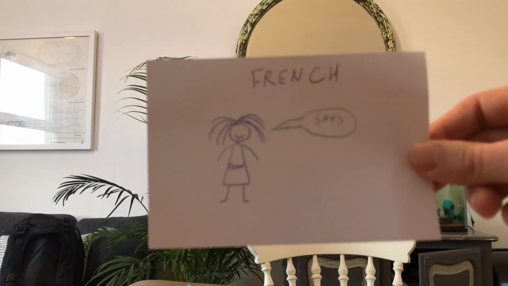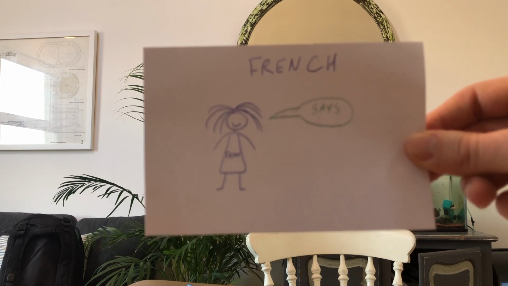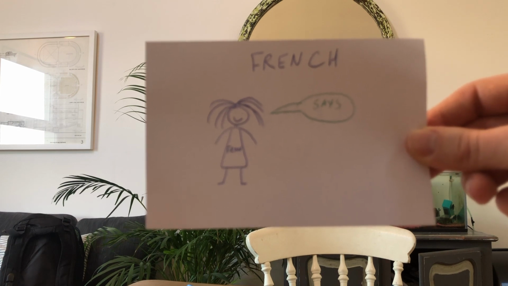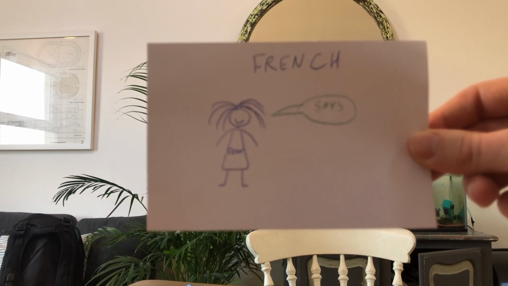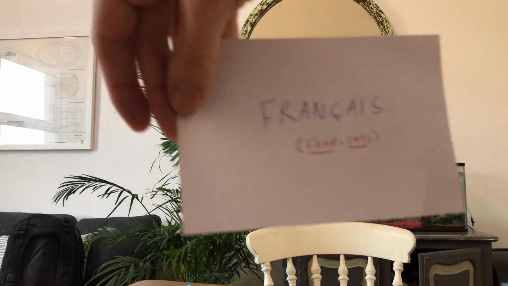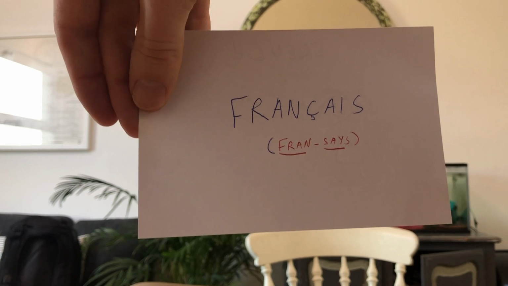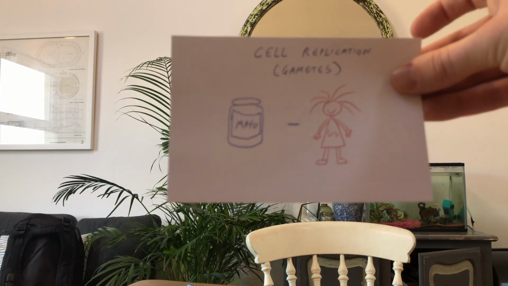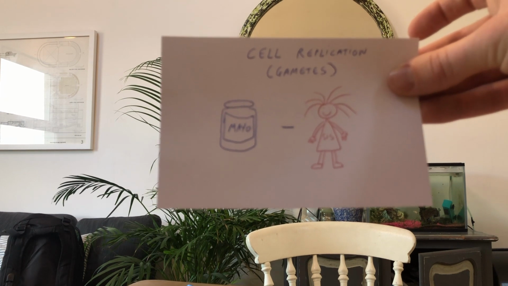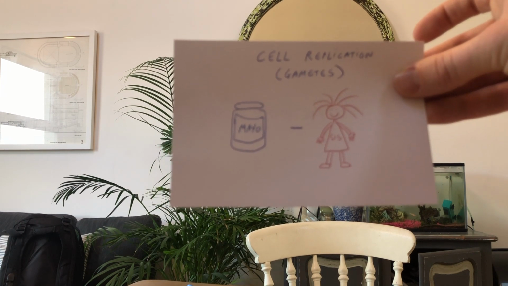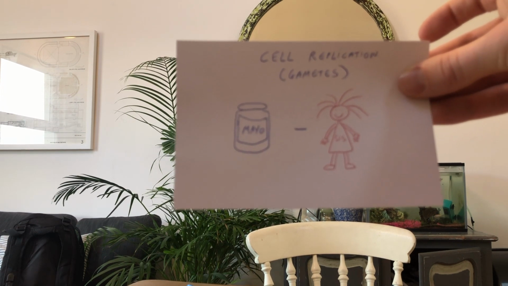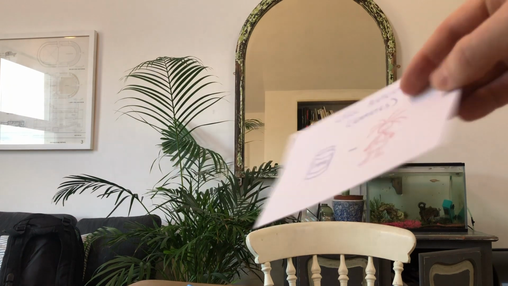If I'm using it for language vocabulary, I'm trying to remember the word for French here, and what I've given myself is a picture of a girl. She's called Fran, and she is saying something. To me, that says Fran says, français. In science, if I'm struggling to remember scientific words, I'm trying to remember the word for cell replication that makes gametes. So here I've got mayonnaise, I've got a girl who's clearly a sister because I've labelled her as such, mayo-cis,